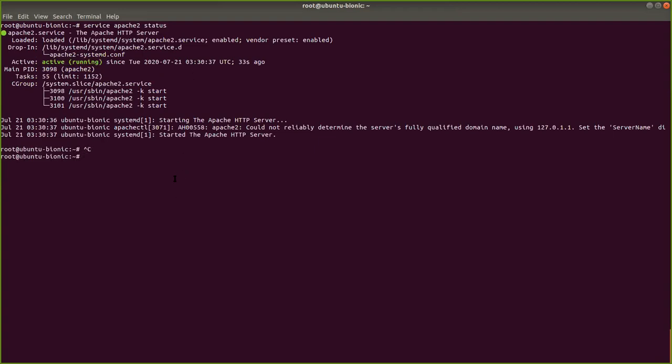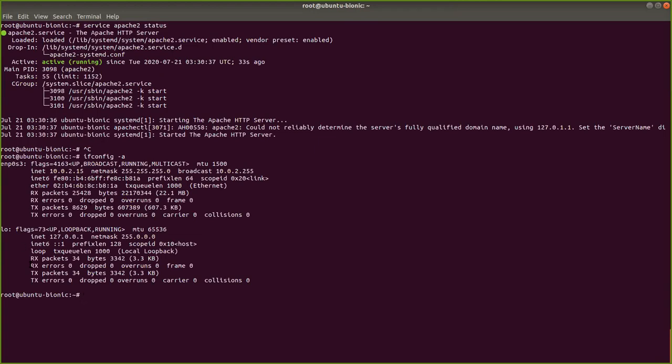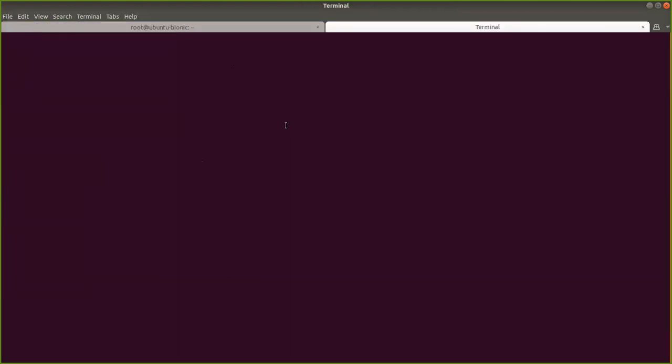And I will not be able to access this because the IP is not there. You can see the IP given is 10 dot, so it's the internal IP, and this is the localhost IP, correct? We did not assign any IP to this box, so we can assign that IP. How can we do that? Let me open another tab here.